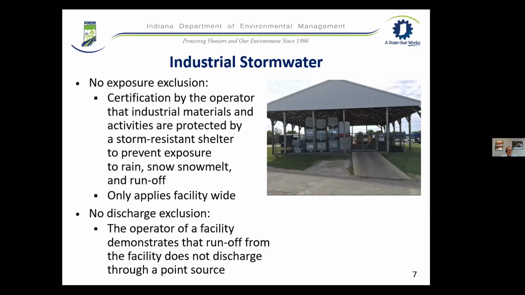that exclusion. And basically the operator has to demonstrate and certify to us that runoff from the facility does not discharge through a point source. So you could have sheet flow or something like that. A good example of an area where we might see a lot of no discharge exclusions is in areas where we have industrial activities, industrial facilities putting in